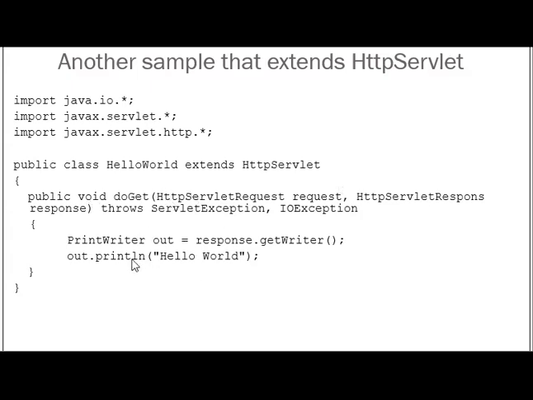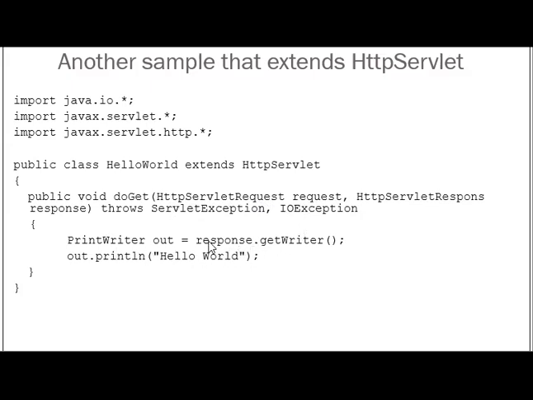Now, instead of service, we have doGet and doPost methods. They act as service methods. So, public void doGet, and the parameters here, instead of ServletRequest, are now HttpServletRequest and HttpServletResponse. Again, this is capable of throwing ServletException and IOException.